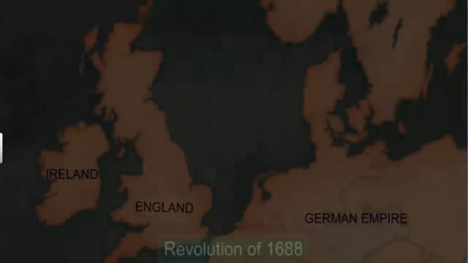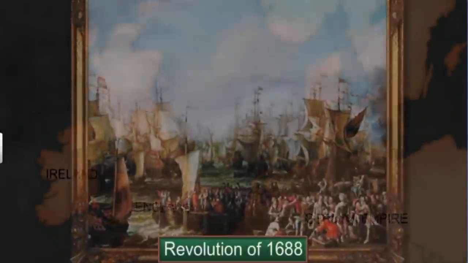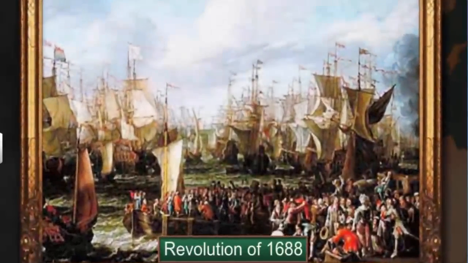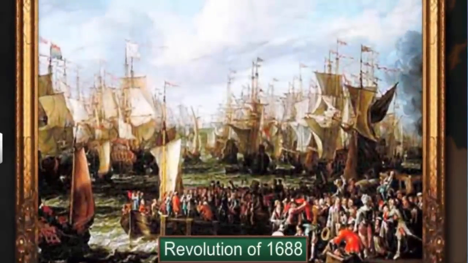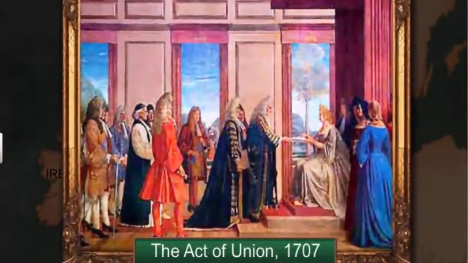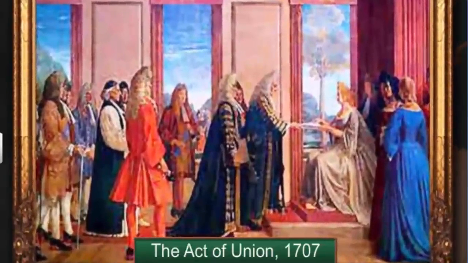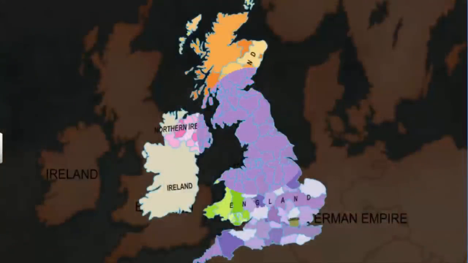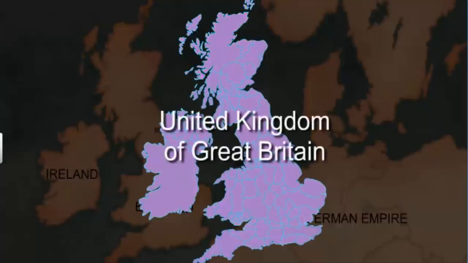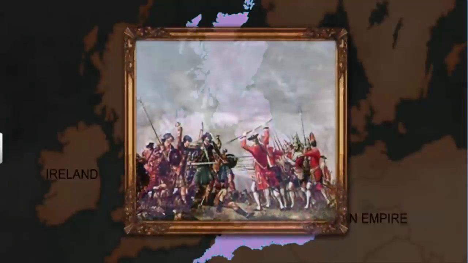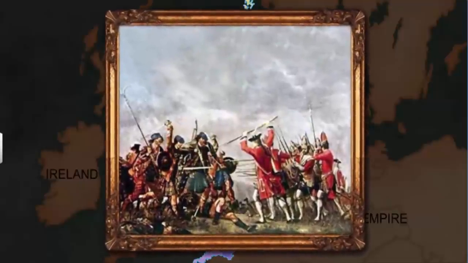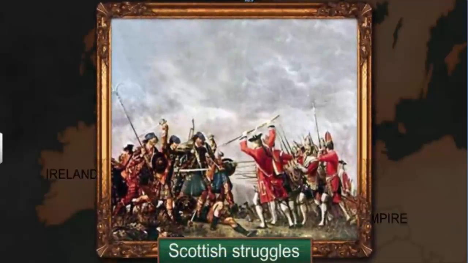The concept of nation-states, with England as the centre, came about in 1688, after the Parliament snatched power from the monarchy. In 1707, the Act of Union between England and Scotland resulted in the formation of the United Kingdom of Great Britain. To ensure the growth of British identity, Scotland's culture and political institutions were suppressed. The Catholic Scottish Highlanders were forced not to talk in their native language, Gaelic, and weren't allowed to wear their national dress.